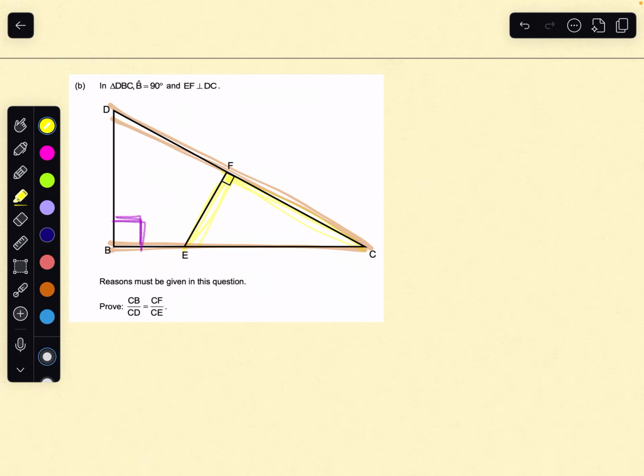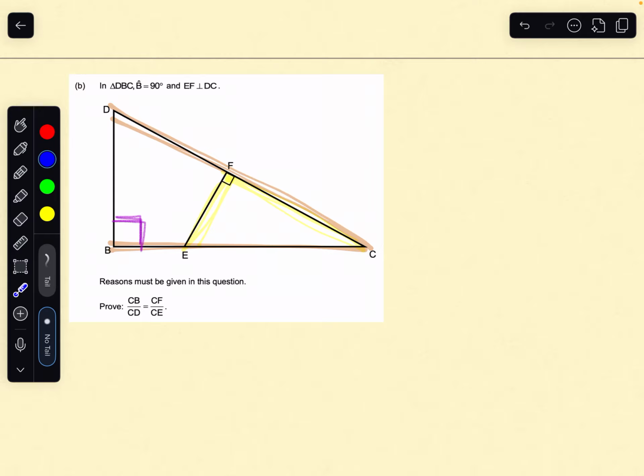So that kind of hints to me that we're looking at a question of similarity. If we can prove that these triangles are similar, then I think we will be able to prove